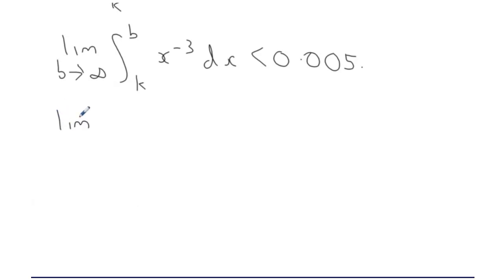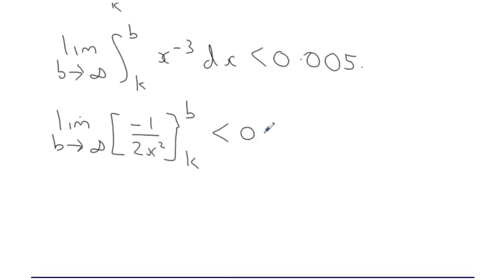So the limit as b approaches infinity of x to the power minus 2 over minus 2, which is the same as minus 1 over 2x squared, evaluated at b and k, and that needs to be less than